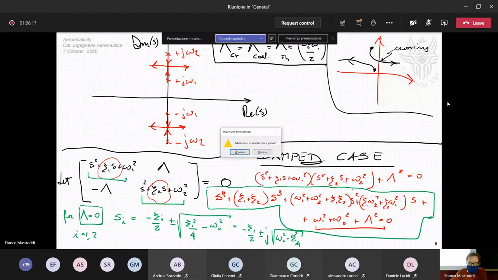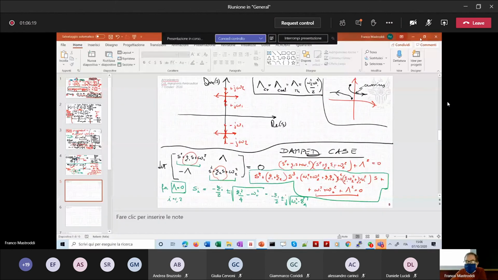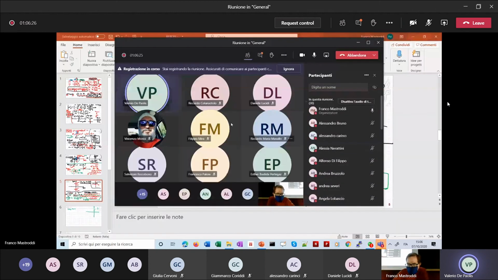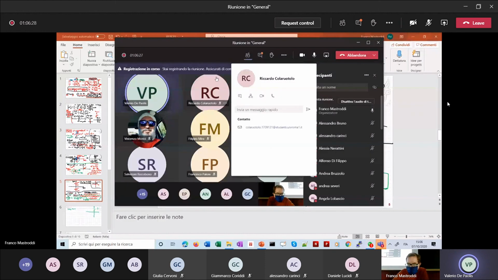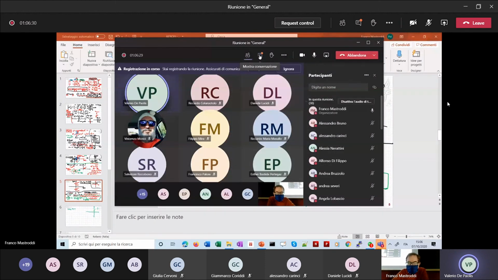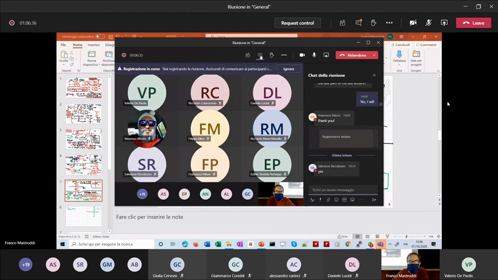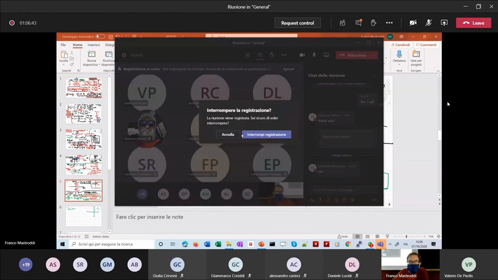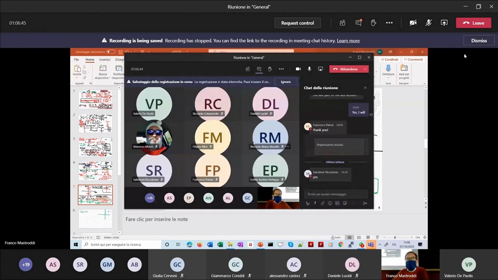Professor? Yeah? So if we want to plot the real part versus the parameter, we see a bifurcation, isn't it? No. Don't say the word bifurcation if you are talking about a linear system. It's forbidden. You can't use bifurcation. You can't talk about bifurcation if